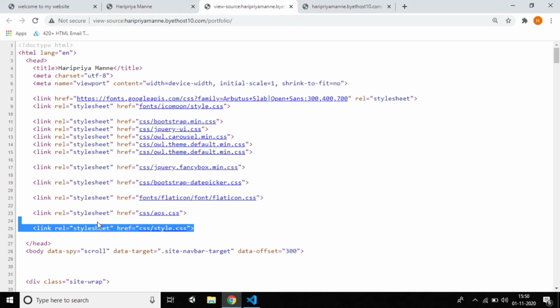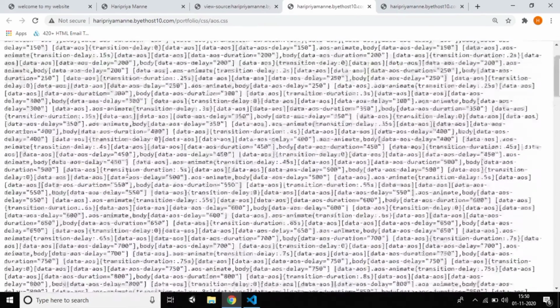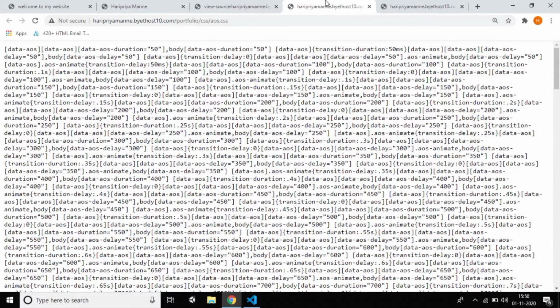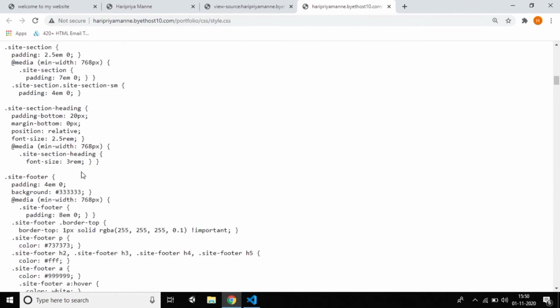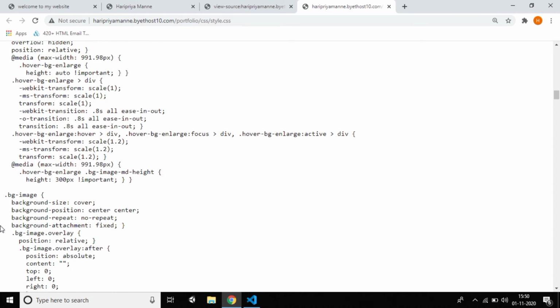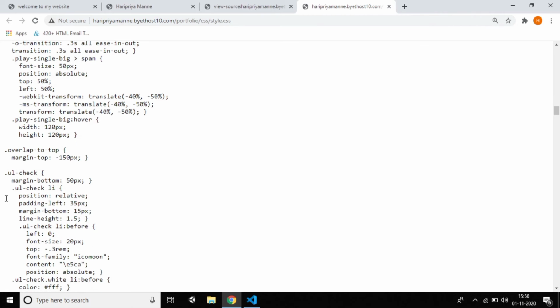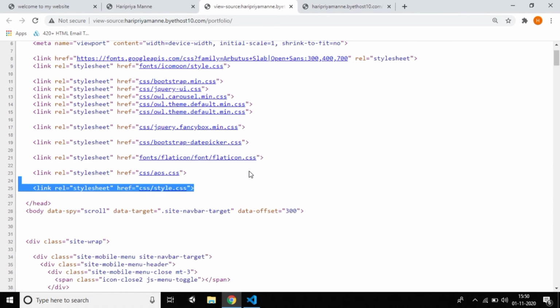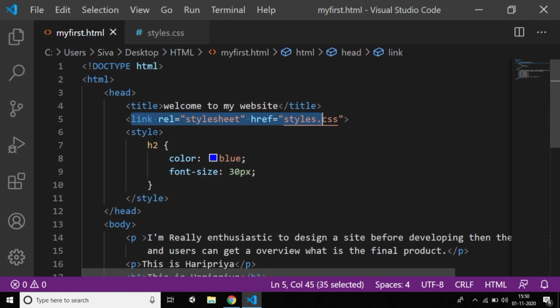But these two styles I wrote myself, and you can see this one I think I took from the internet, but only this one is my own CSS. Dot means class, dot indicates class, which was explained in the previous tutorial, what is meant by dot and what is meant by hash, which stands for ID. I also explained the difference between class and ID. If you missed it, the links are all available in the description, and you can learn and do crazy things. I linked external CSS here, and here also I linked external CSS.